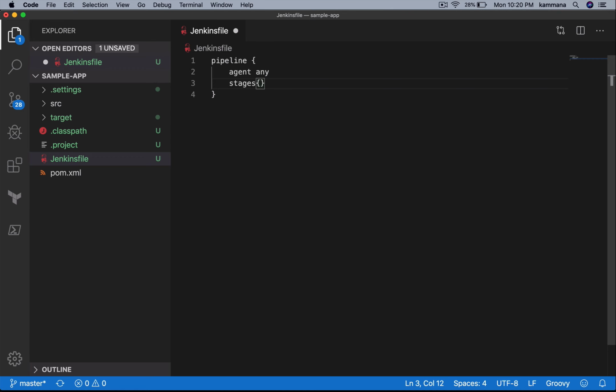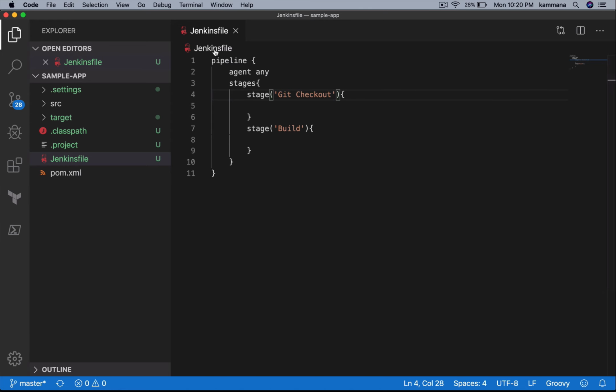Then comes stages. Inside stages, we're gonna have stage. So yeah, typically we need to have build, before that git checkout. But when I put this file inside my source code,